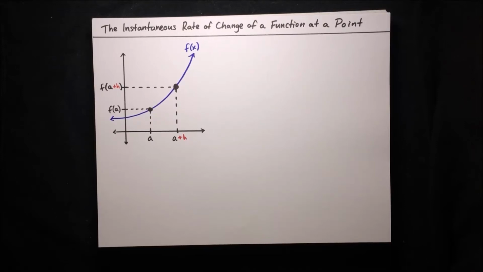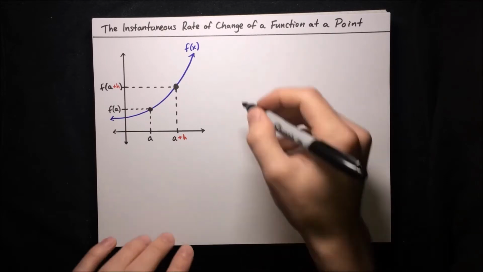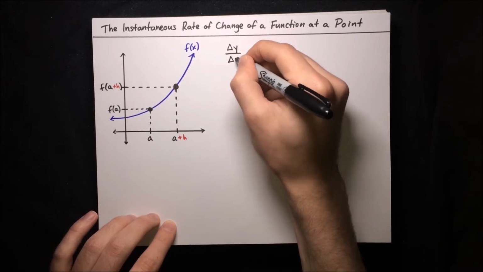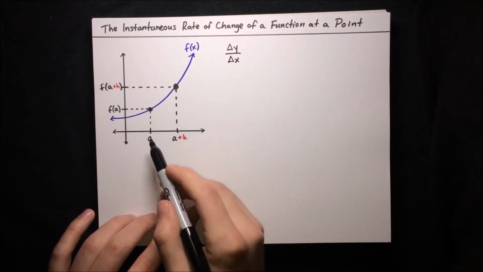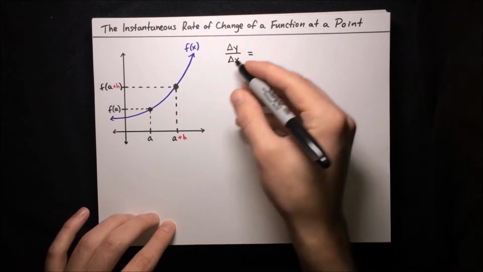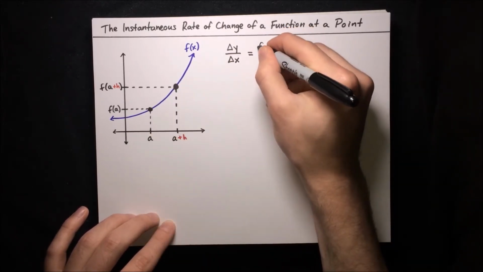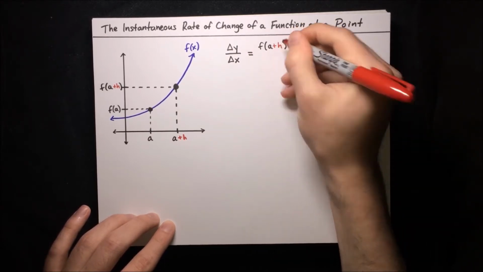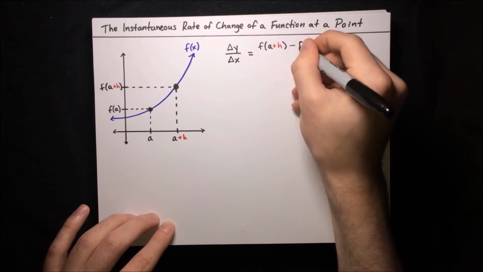In this video, we're going to learn how to find the instantaneous rate of change of a function at a point. First of all, recall that the average rate of change of a function on an interval from a to a plus h is given by the change in y divided by the change in x. Now, on this interval from a to a plus h, the change in y is just the difference in function values, f of a plus h minus f of a